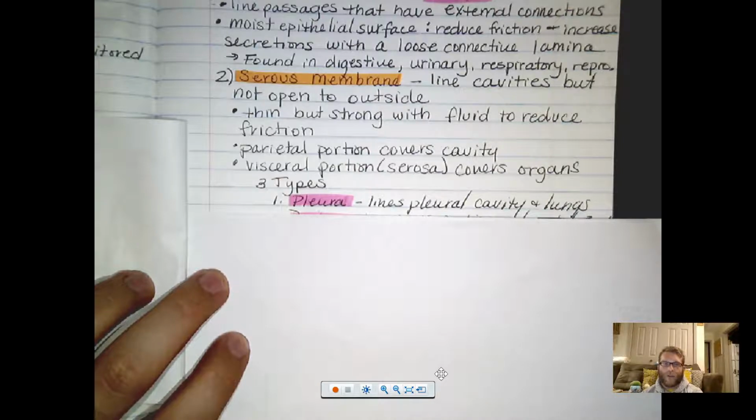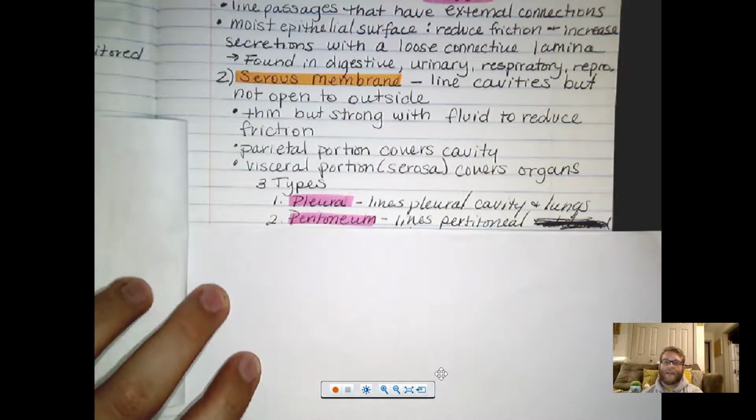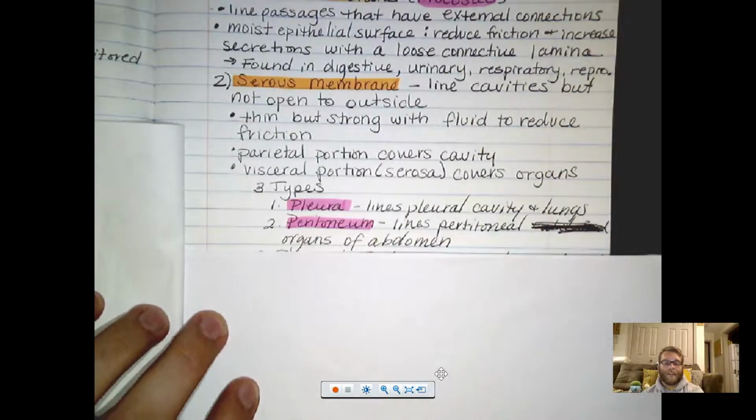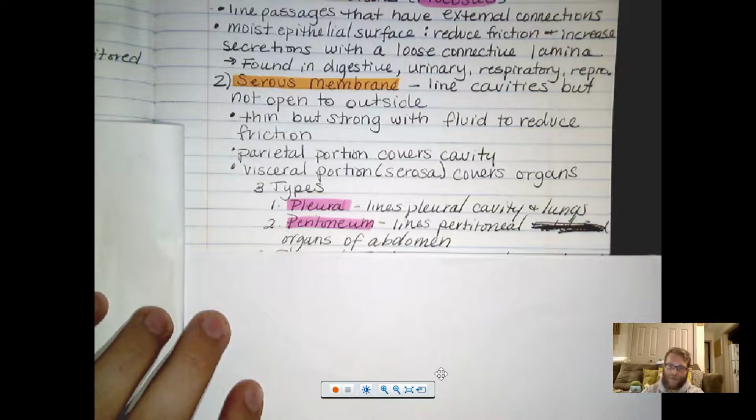Okay, so your pleural membrane is a serous membrane that lines your lungs. You have a peritoneum. Peritoneum is going to be lining the peritoneal organs of the abdomen. So part of your abdominal cavity as well as part of your pelvic cavity. But also your peritoneum is going to be covering all parts of your abdomen. So all of the inside of your abdomen as well as the organs that are found there are surrounded by